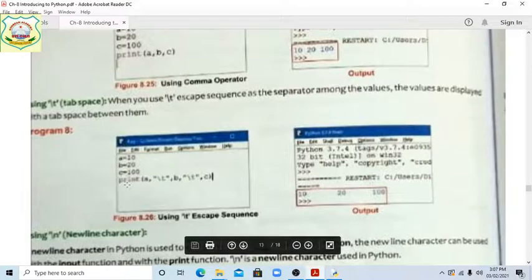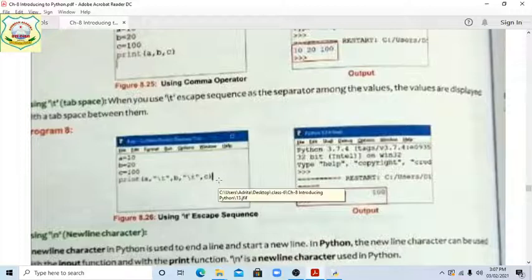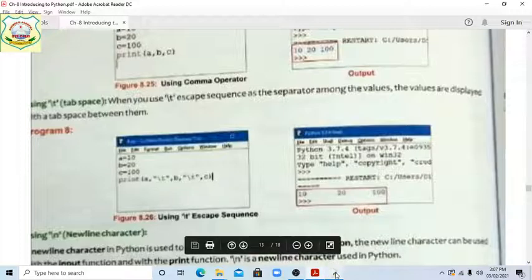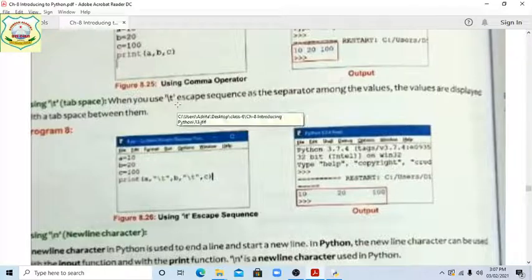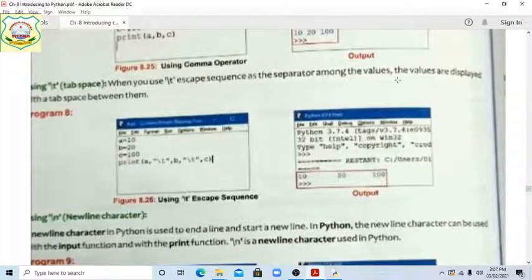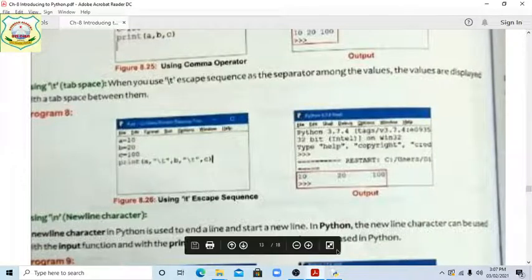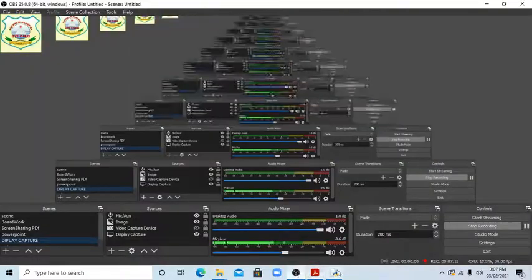So print a comma /t, b comma /t, then c. When we use /t, the values are displayed with a tab space between them. This is program 8, so I am showing it with this practical.